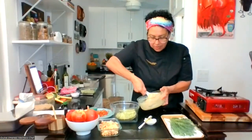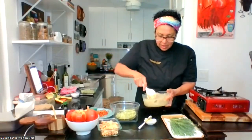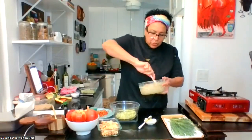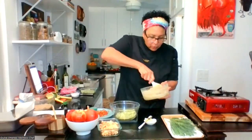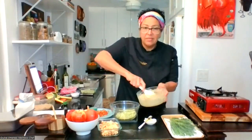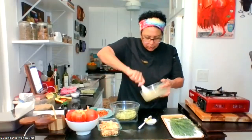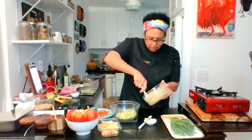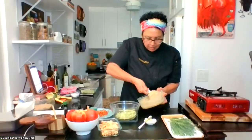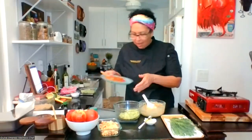Some cakes are very delicate, so you don't want to mix it too hard. So I'm just folding the batter. Okay, this is folding. You get a spatula and you fold. Once I have folded several times, now I'm going to add my apples